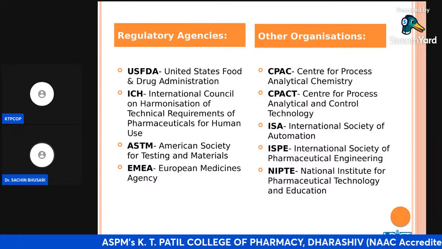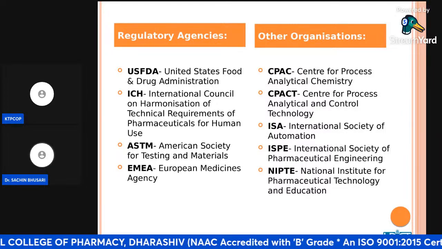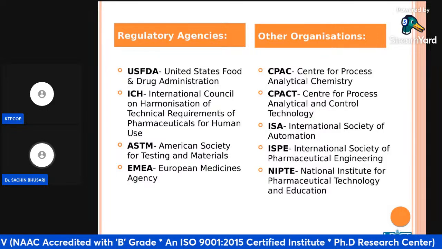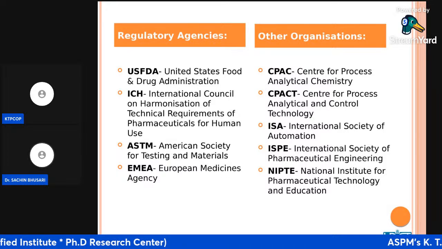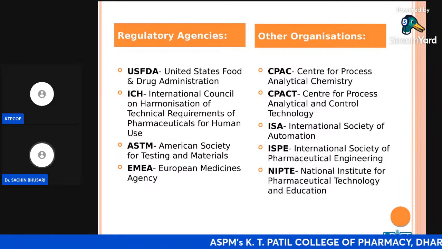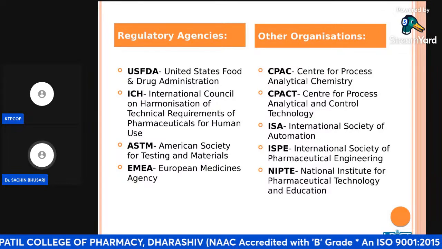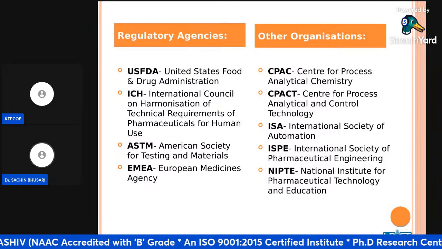Those who are in PhD, PG, those who are in this active project, dissertation part 1 and 2, see, we do use some standards. We call them analytical standards, but there are some standards which are traceable: ASTM standards, NIST standards. If you work with these ASTM or NIST standards, your process or your development can be a traceable development. So try to use these ASTM or NIST traceable standards in your dissertation. That is the additional information I would like to share with you. As far as regulatory agencies are concerned, these are the four agencies which are more in favor of PAT.